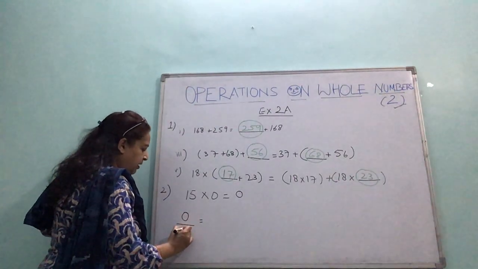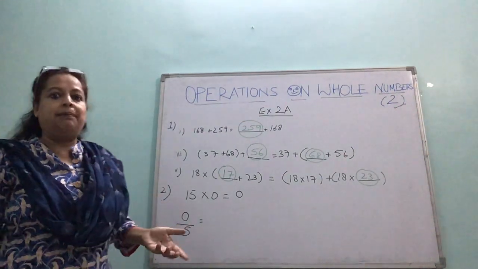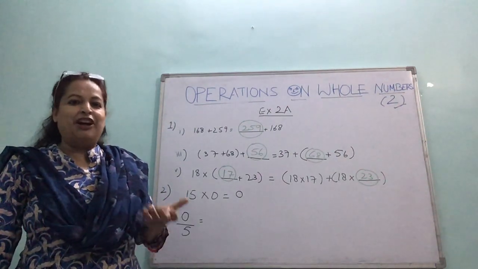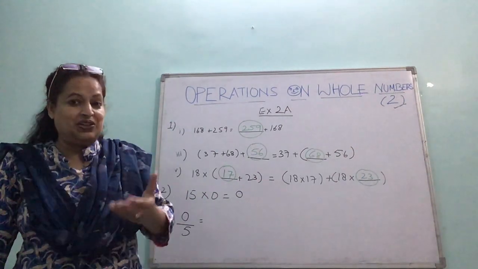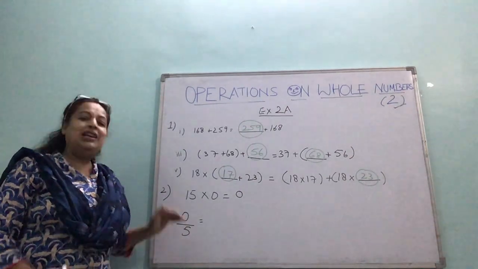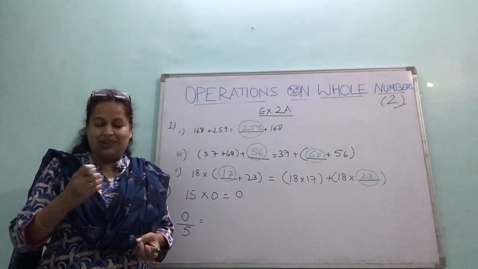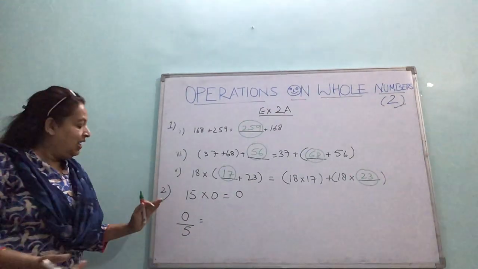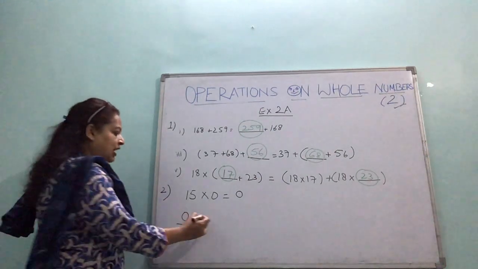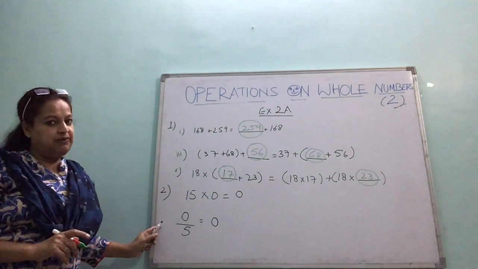So 0 divided by 5. I'll take this first. 0 means you didn't have anything. Example is best. You didn't have a cake at home, and your 5 friends wanted to divide that. Your 5 friends said, divide the cake with me, and you didn't have a cake. You divide among 5 friends. How much would each friend get? What would be the size of each cake received by each friend? Nothing. If there is 0 and you divide by any number, 5, 10, 20,000, anything, the result would be what? 0 always. Remember, 0 divided by any number would always be 0.